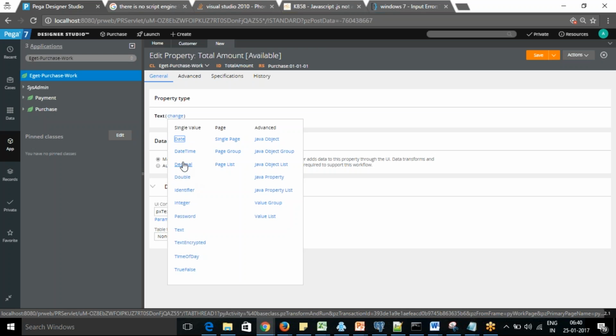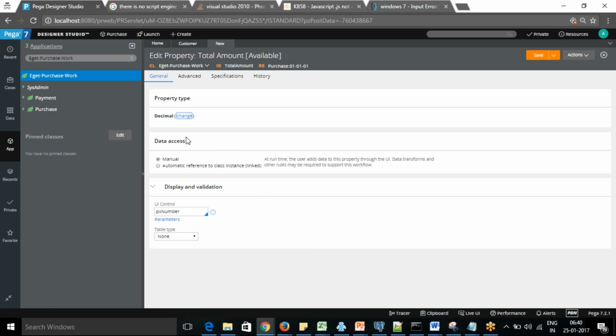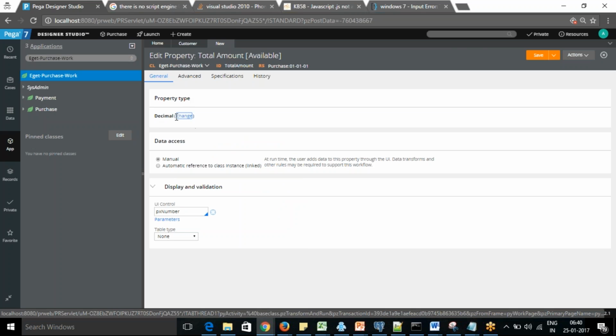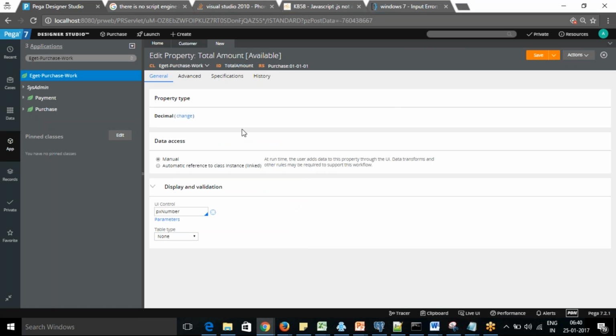If it's a total amount, I want to make it a decimal field, so I change the type of the property here. Then I save the property. This is how I have created a property from here.